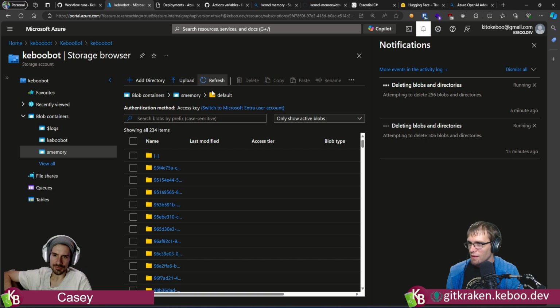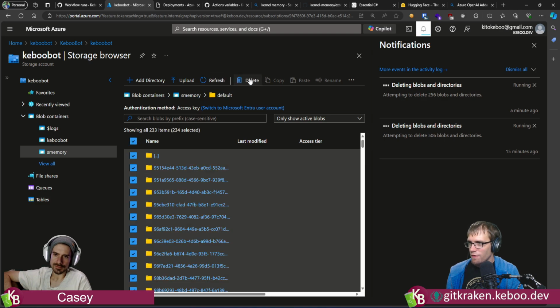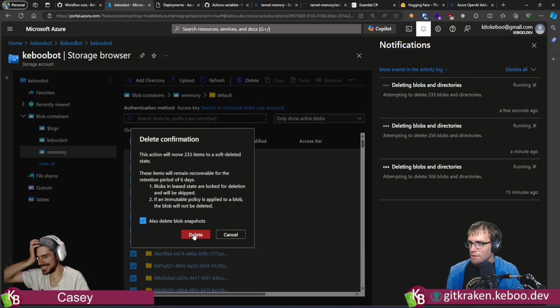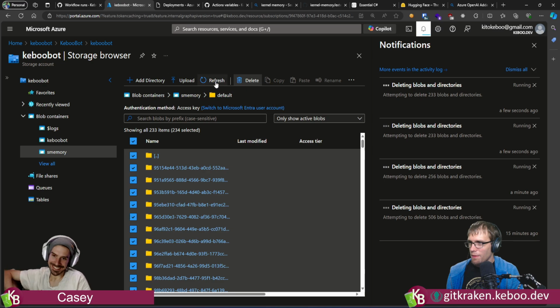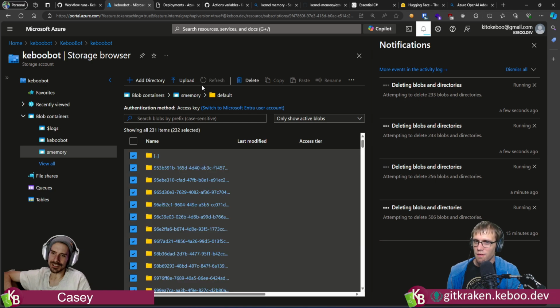So funny. And one of these should probably error with the whole I couldn't find the thing at some point, but I'm going to make them fight with each other. I wonder if it goes faster the more operations I queue up. Just hypothetically speaking, does that make it delete 4 times faster, or do I now have 4 things fighting with each other? I also like how it's showing all the items, but you've got one more than the number of items there are. So you've got 231, the folder 232 is selected.